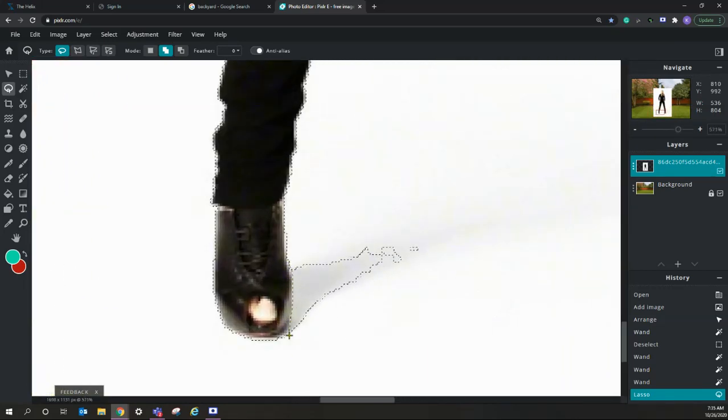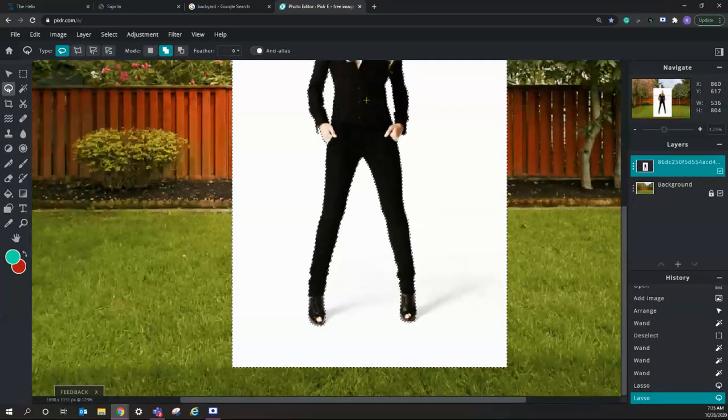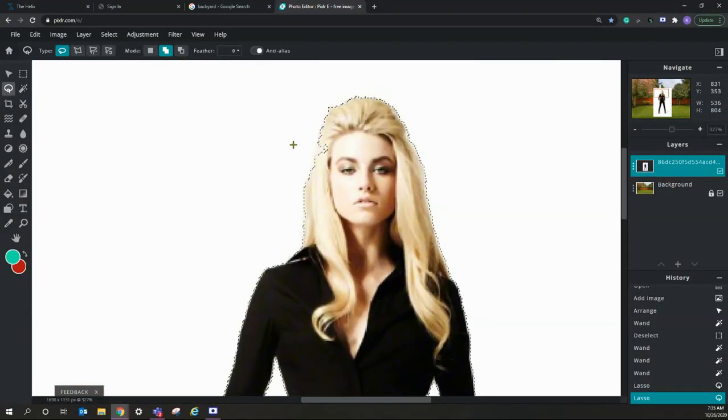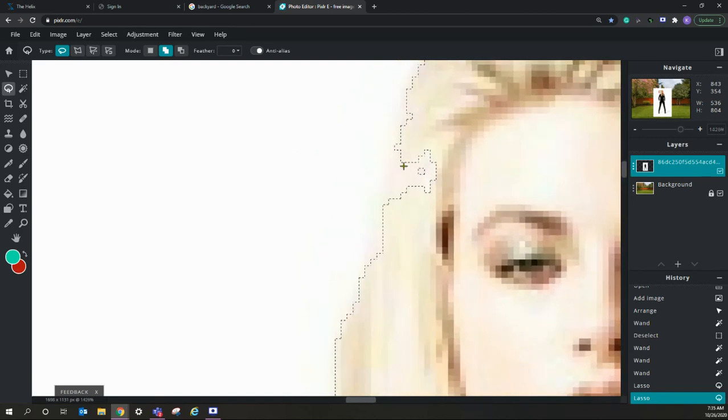All right, one more shadow to get rid of. And I think we are looking pretty good. If I was being real nitpicky, which I guess I will be, if I did want to make sure I included that little bit of hair there, I'm just going to make sure that I click